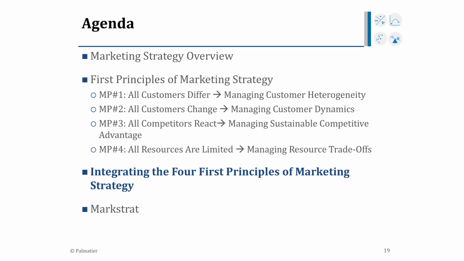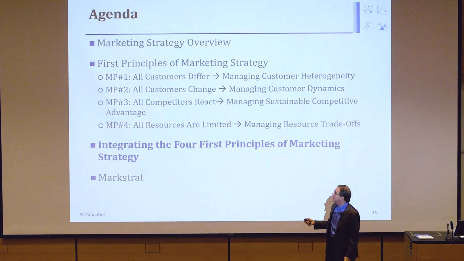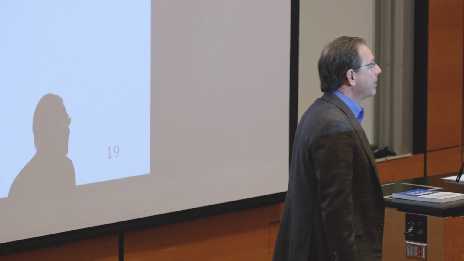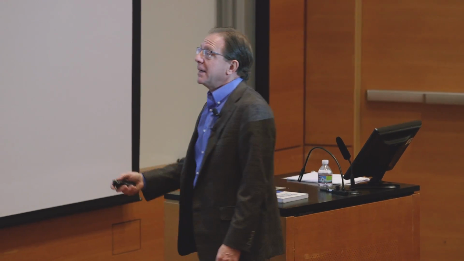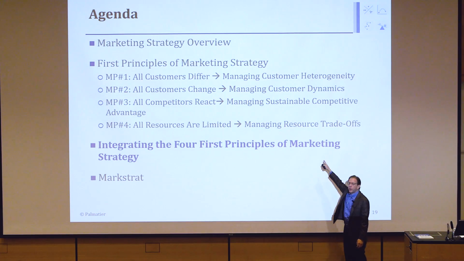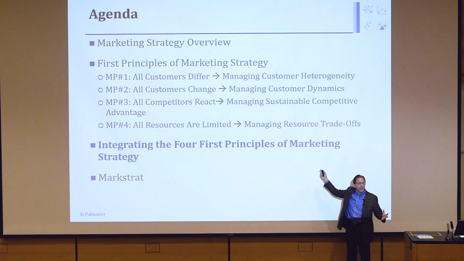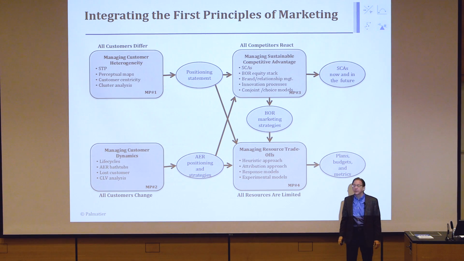We break it down into 4. So really all the rest of the material is going to go through these in detail. And especially we're going to spend a lot of time, as I mentioned, on how to build sustainable competitive advantage through brands, offering, and relationships. Now the question might be, well, how do these 4 fit together? Do you do them all separately, or is there some natural sequence? Well, there is a natural sequence. Here's the picture. And I'm going to walk through this a little bit.